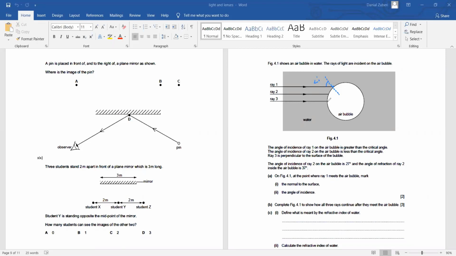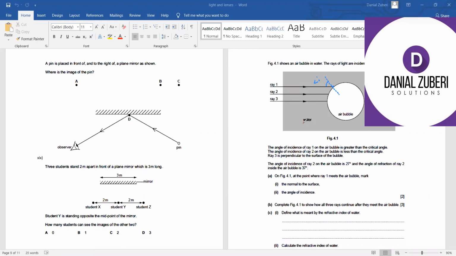So if we recall the condition, what happens if the angle of incidence is more than the critical angle? And the second condition was from a more optically dense medium to a less optically dense medium. So light would be totally internally reflected back. So ray 1 should be diverted somewhere here such that the angle of incidence is equal to the angle of reflection. Then it says